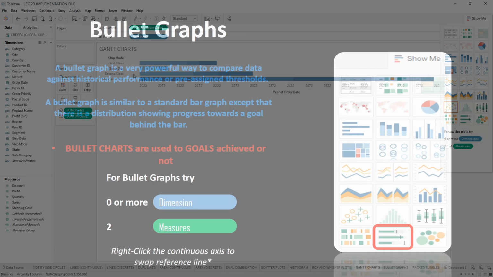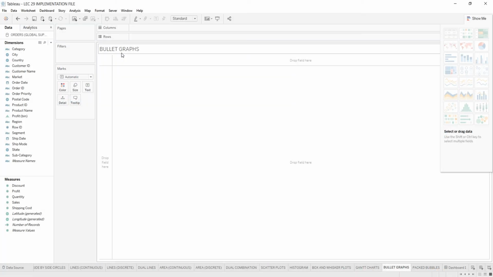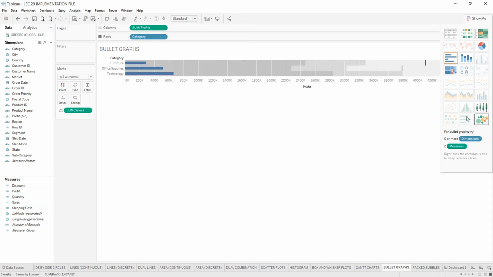In this Gantt chart, we have the bars representing the progression of time and we have the colors with the size. Next one is bullet graphs. Bullet graphs are used to show performance, as bullet graphs are used to check whether the given target is achieved or not. For creating this bullet graph, we require a dimension attribute and we require 2 measures so that we can compare whether it is achieved or not. And here I am picking sales and profit. So after clicking on this, we need to select Show Me, Bullet Graph, and the bullet graph will be created.